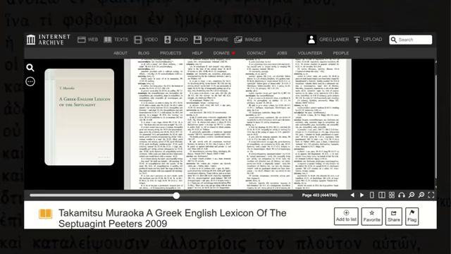Depending on your account with archive.org, you may or may not have to check it out, so to speak, for like an hour and then turn it back in, assuming it's available. But very, very helpful. So you can just go to archive.org, search for the title, and you'll find it very quickly.